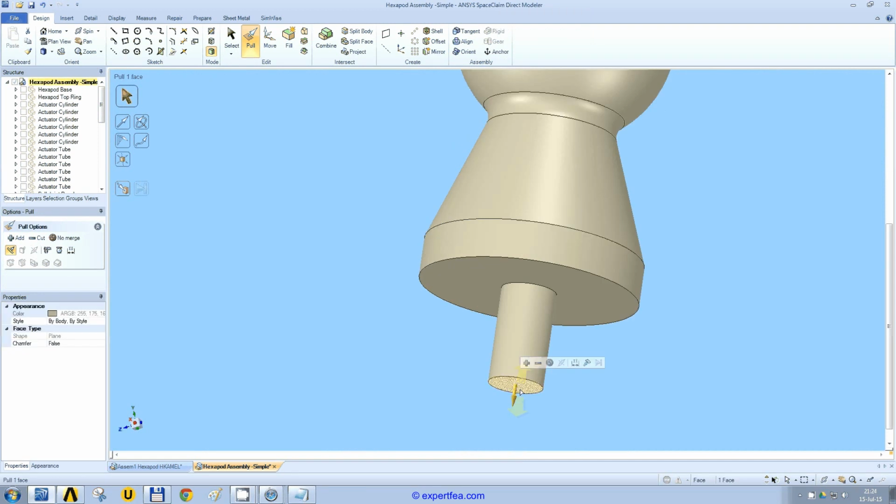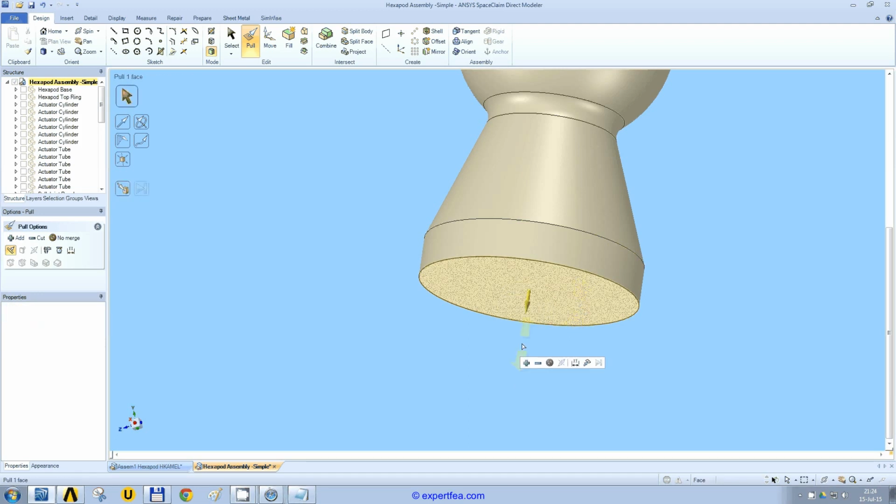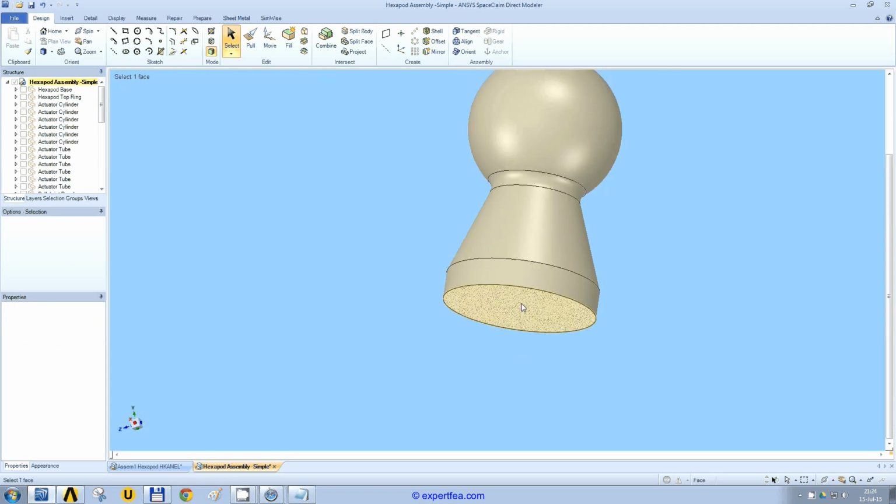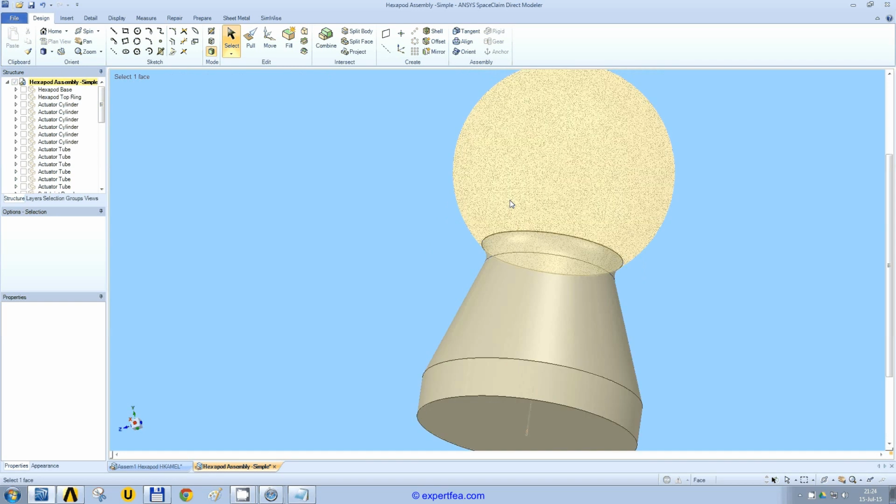We can select this surface. We press the U button, which means until this surface. This means we extruded it up to this surface. It's like the result from a cut operation. So